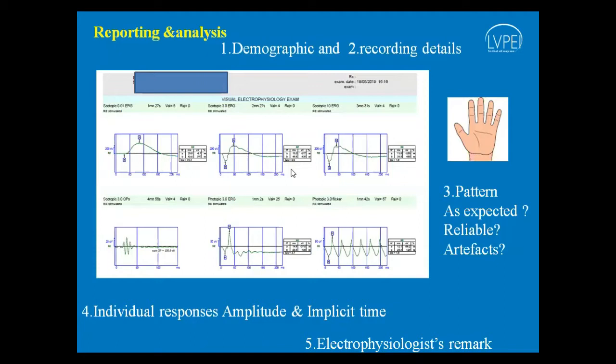So this is how the report looks like. The first one is, as I said, 0.01 scotopic ERG followed by 3.0 scotopic ERG with a brighter flash, and the cone contribution slowly increases. This is followed by 10.0 ERG. This is with a still brighter flash, and here the initial 8 milliseconds is from the cone photoreceptors followed by rod photoreceptors followed by rod bipolar cells, and also some amount of contribution from the cone bipolar cells. 10.0 ERG is the same as 3.0 ERG but with a brighter flash.